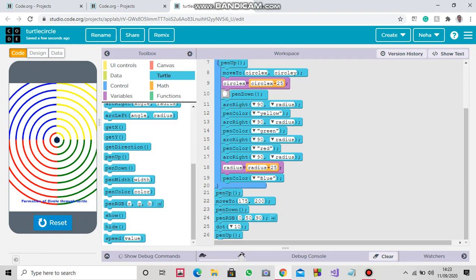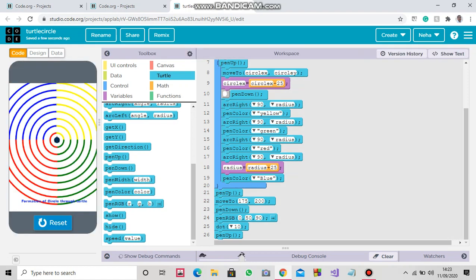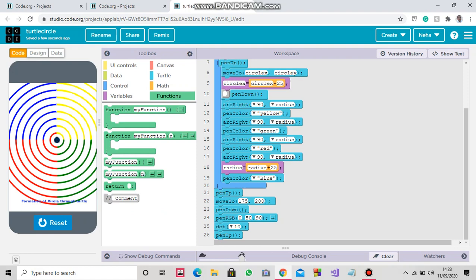So now you have learned how I created different types of circles through it. In our next video you will learn how to create different designs, how you can use looping and function in programs.